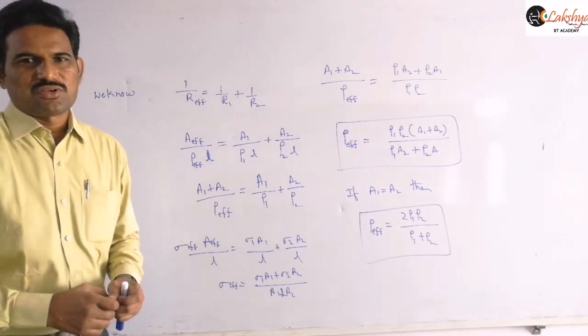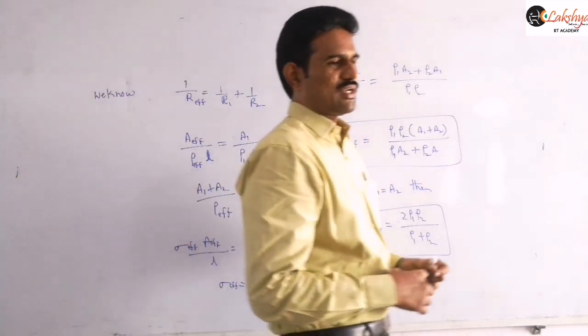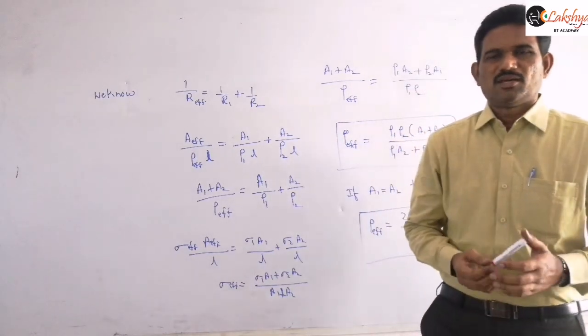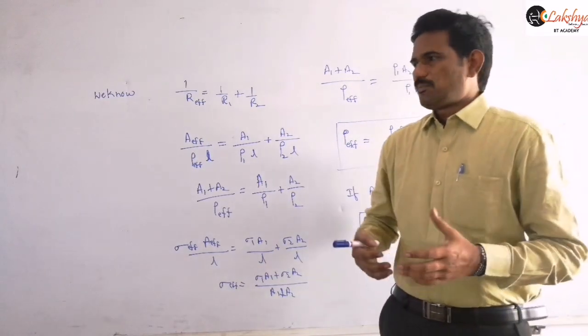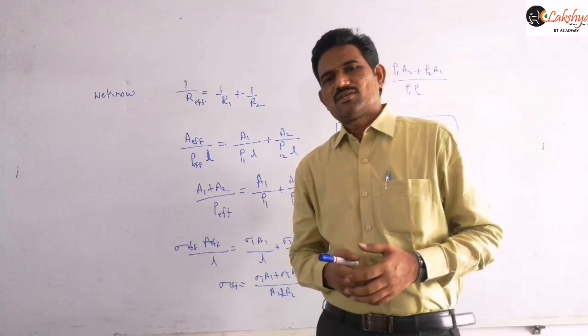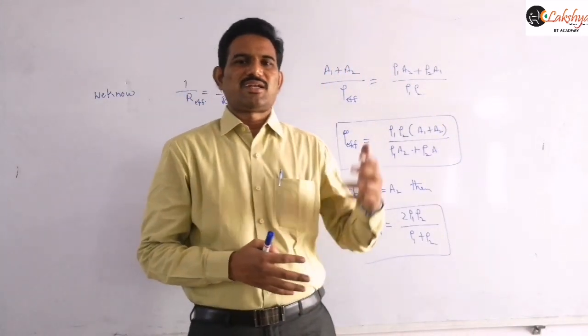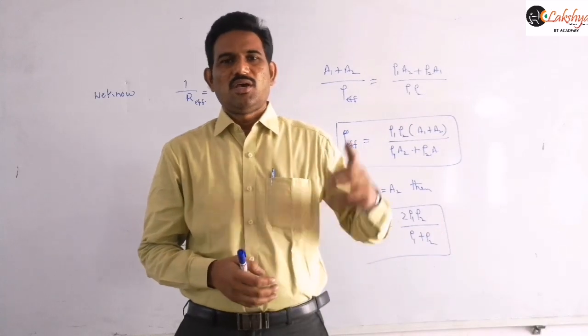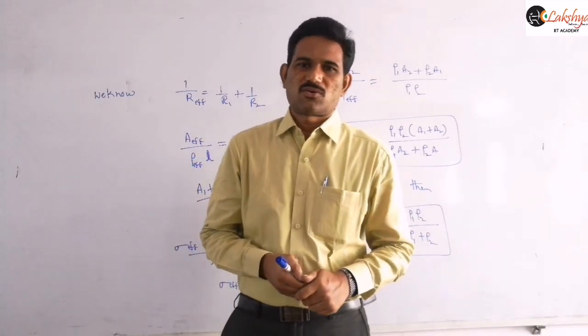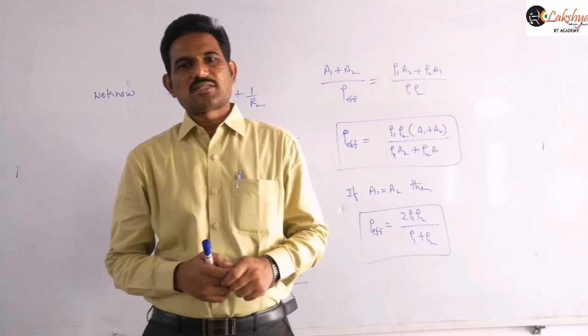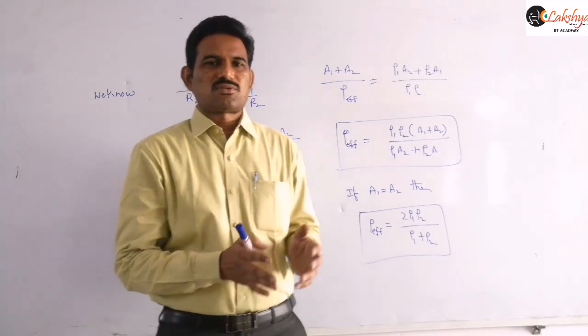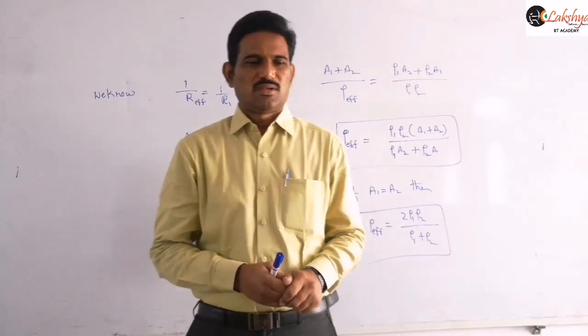Similarly in series combination also you can calculate either the effective conductivity or the effective resistivity of these materials. And based on the series and parallel combinations there will be some simple circuit problems, finding the effective resistance of the combination, or potential difference across a particular combination, or current flowing through a particular resistor. So those types of problems I will explain in the next class, right? So thank you.